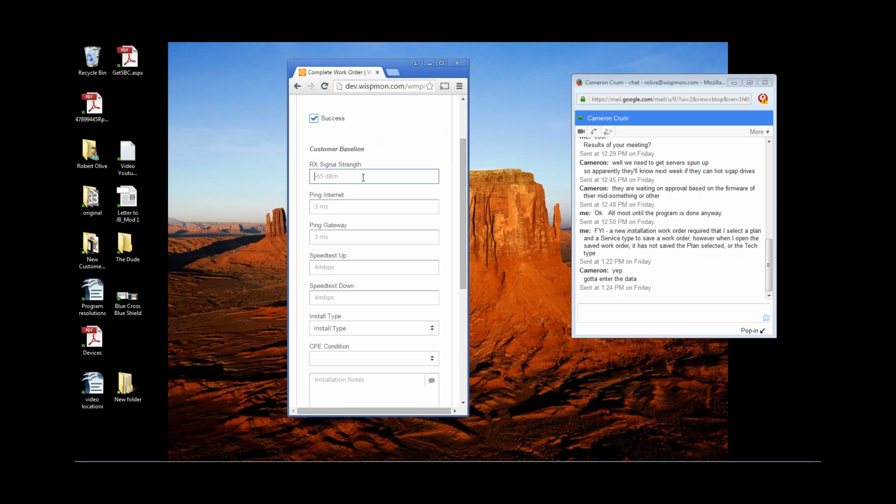And if I had in fact gone through and done some of the baseline information on the installation, then I can register that now. So this might be negative 58. I could ping the internet at 23 milliseconds. I was able to ping the gateway at 2 milliseconds. I was able to do a speed up and a speed down test. I just went to speedtest.net and I ran a speed test, and I found that the uplink speeds were 3.5 megabits per second, and then I found that the downlink speeds were 10.0